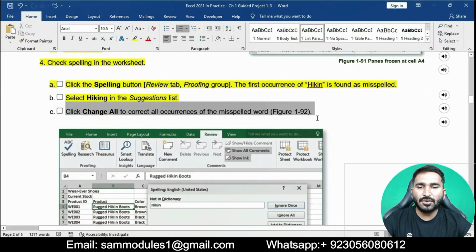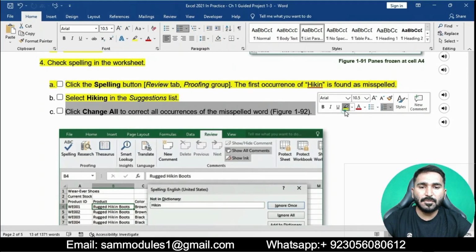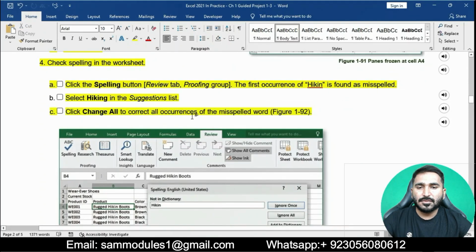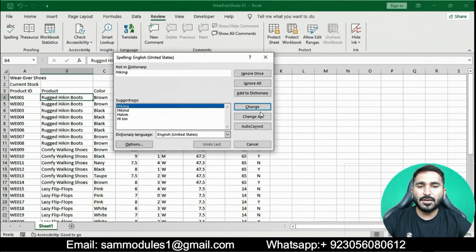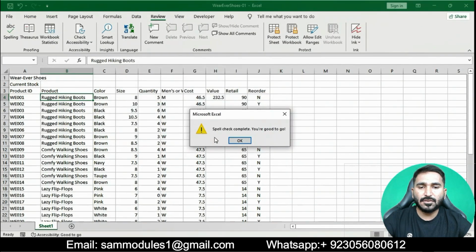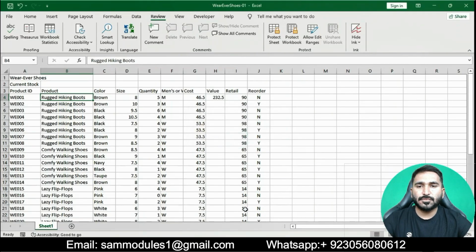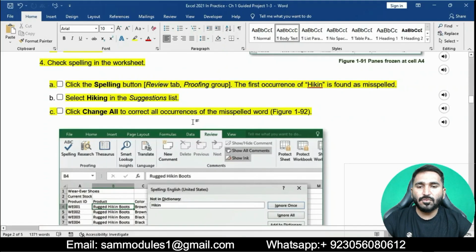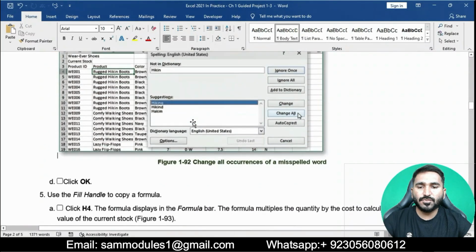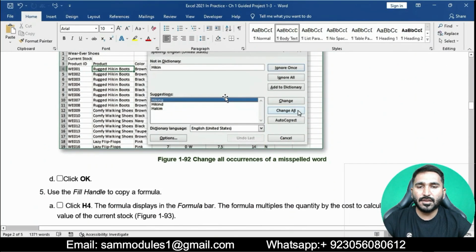Click Change All to correct all occurrences of the misspelled word. The spelling check is complete. Click OK. This is done.